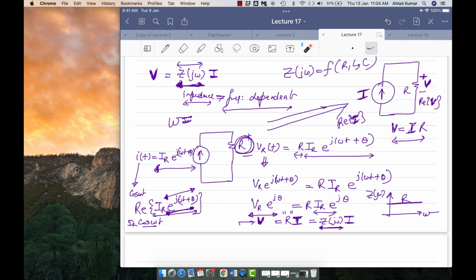As I told you last time, there will be several multiplications and divisions of the currents and voltages, and as I told you last time with the exercise, polar representations help us in doing that. It's easy to divide two expressions when you are using polar format, as well as to multiply two expressions in polar format. That's why we are doing all these representations, so that we can easily calculate these things. Okay.